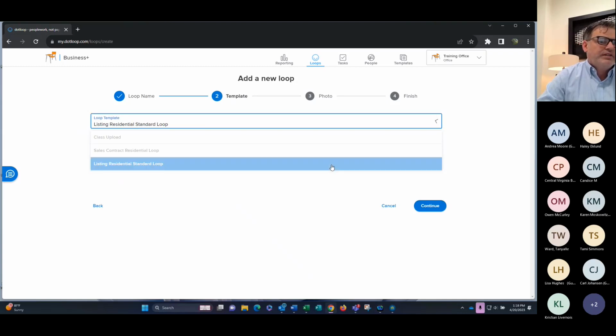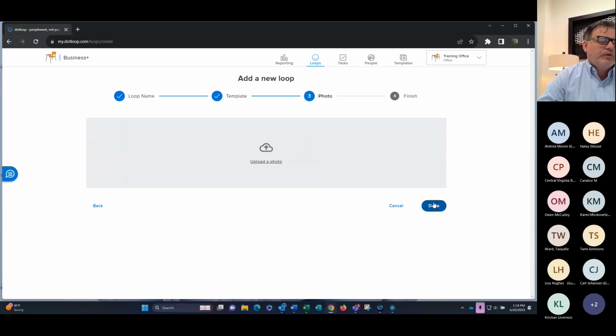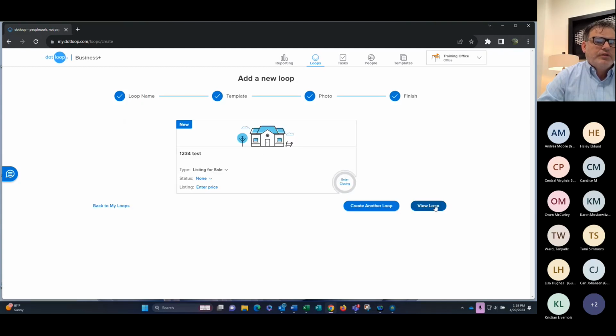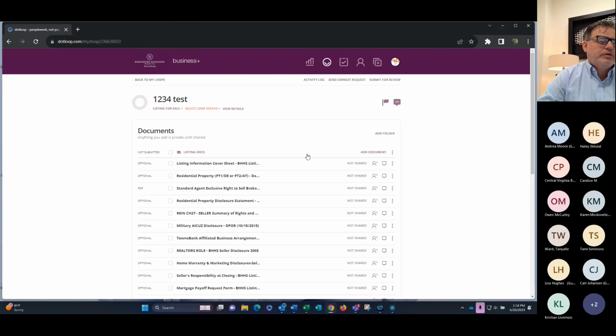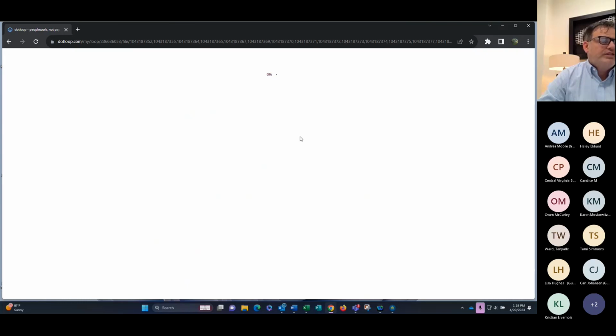We're going to create a listing this time. Going to view the loop. I'm going to check this box here. I'm going to click on open. The reason I checked that box and clicked on open